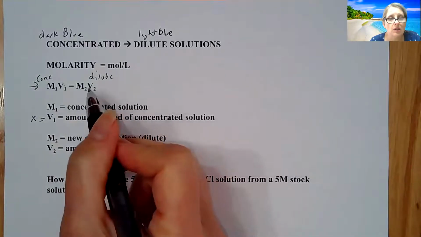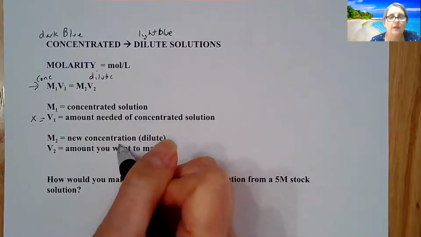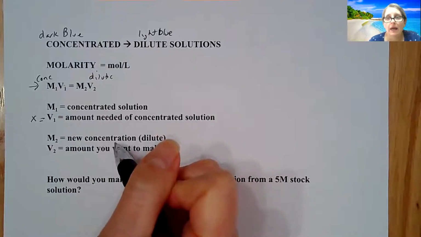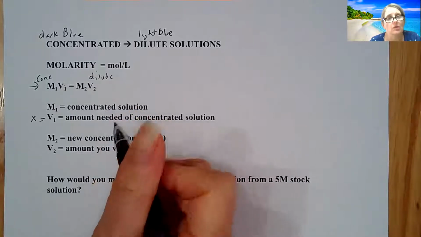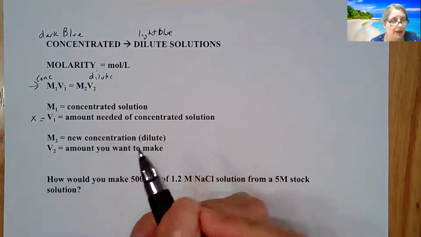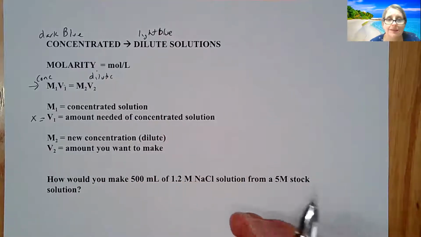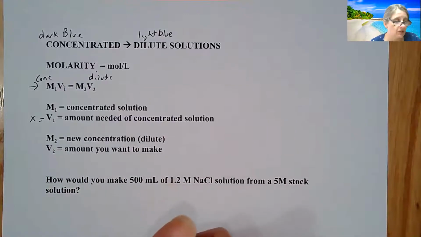The new concentration is going to be on the right-hand side. That's the dilute portion. I need to make up a 0.5 solution from a 1 molar solution. So again, the new concentration usually is given, and the volume we want to make. Okay, I have 2 classes of advanced chem, so I need so many milliliters to make sure that